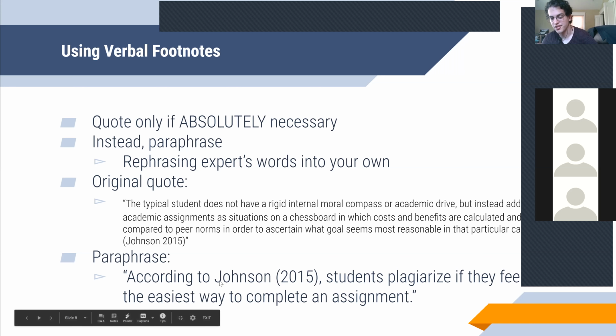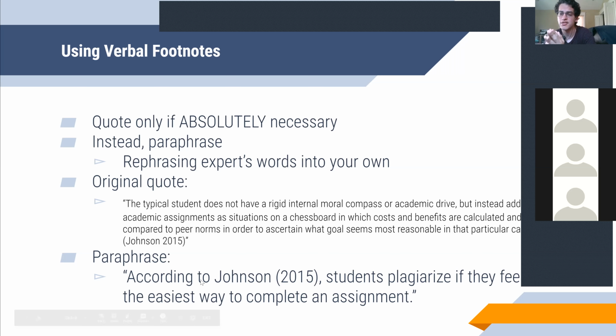Even when paraphrasing, though, even when putting something in your own words, you still want to cite the original author. You still want to say where you're getting the information from, because this isn't your knowledge. You didn't do this research. It's not your original content. You're still getting this from someone else. You might not be using their exact words, but you're still using their ideas. If you don't say where it comes from, that still qualifies as plagiarism.